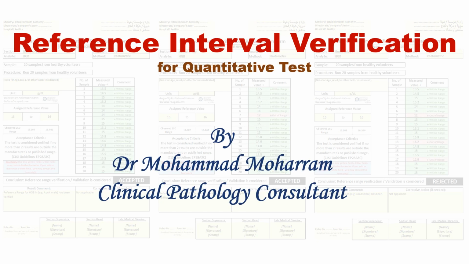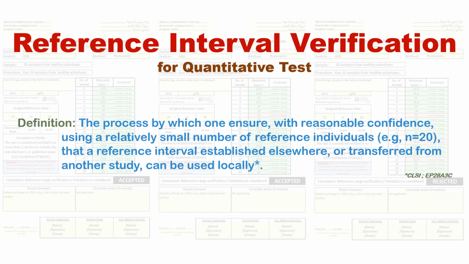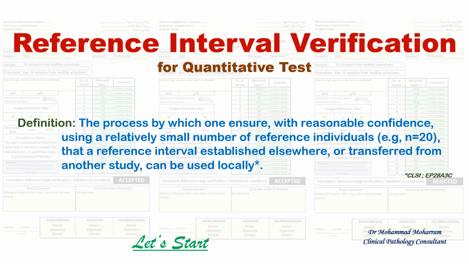Reference interval verification is defined as the process by which one ensures with reasonable confidence, using a relatively small number of reference individuals, that a reference interval established elsewhere or transferred from another study can be used locally. This is the definition by CLSI, and to simplify, this means the reference range I'm using in my lab,